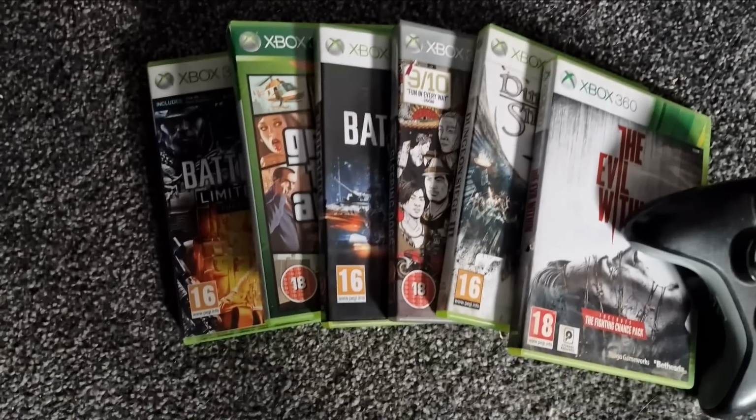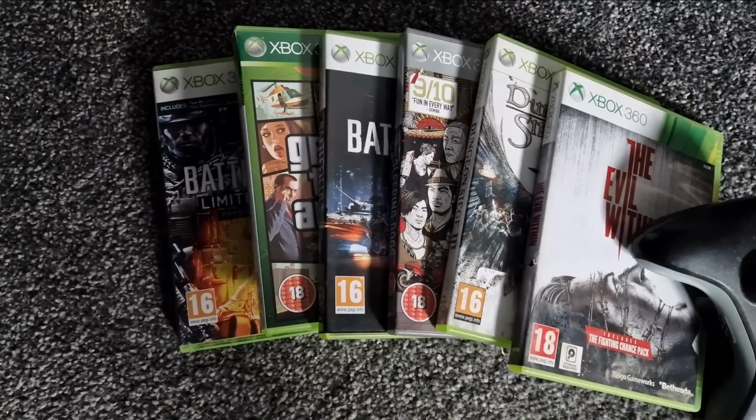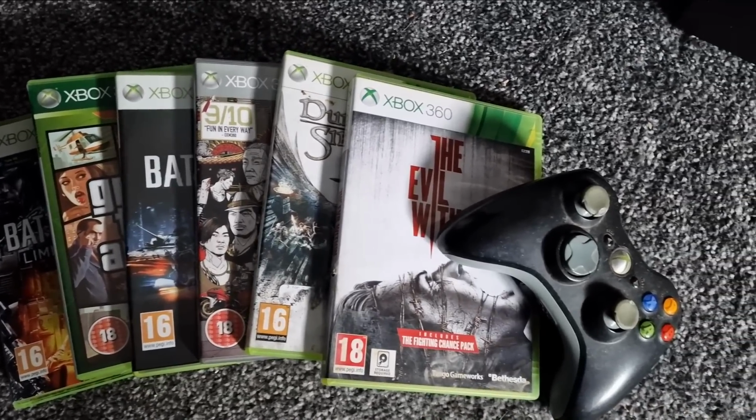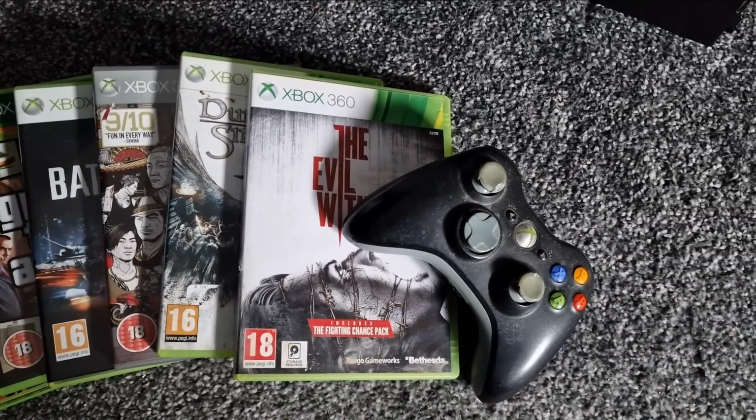I think Sleeping Dogs was in there. There was an Evil Within on the Xbox 360. Final Fantasy, I think there was in there. I can't remember when I got them and how I got them. I think they came with an Xbox 360 at some point. They were maybe a little bit too scratched to trade into CEX, but I took them with me to this